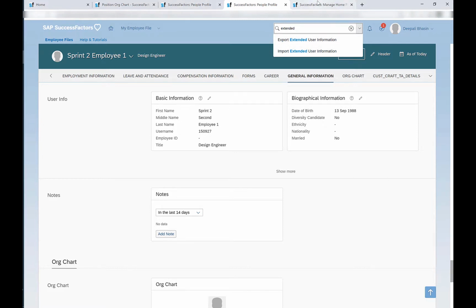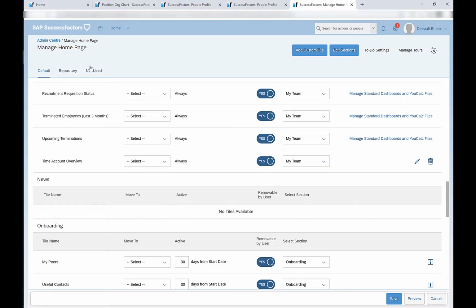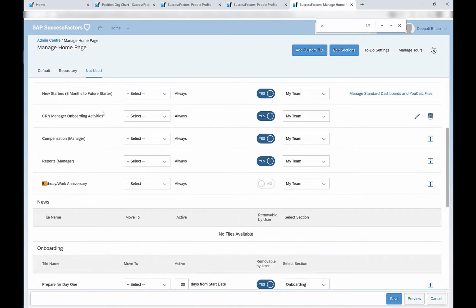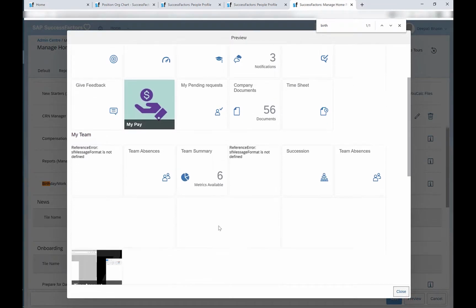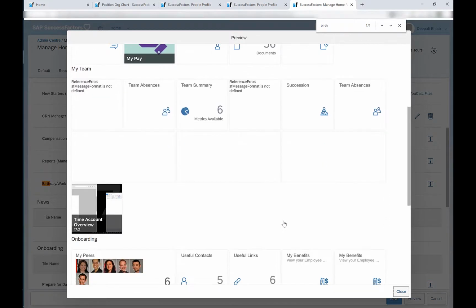And in order to remove this particular tile from the home page, we can move the tile to the not used section. If I move the tile to the not used section, we can see that it appears under the not used section. And if I click on preview, under my team, I can see that the birthday tile is not available.